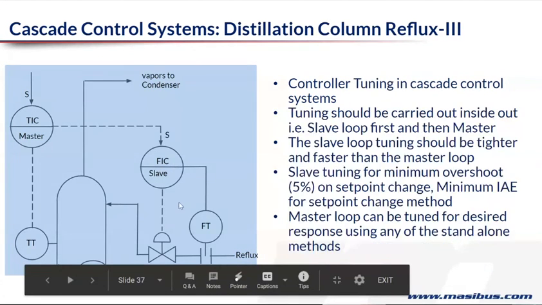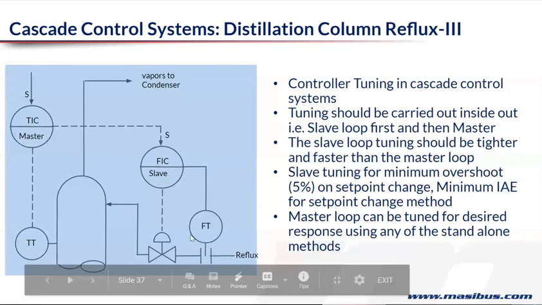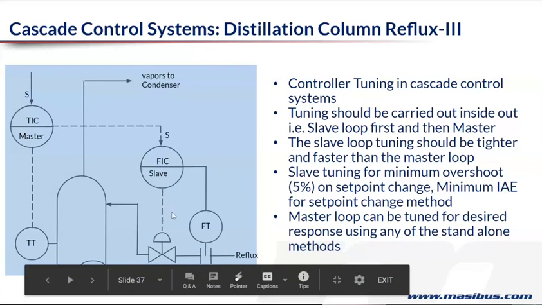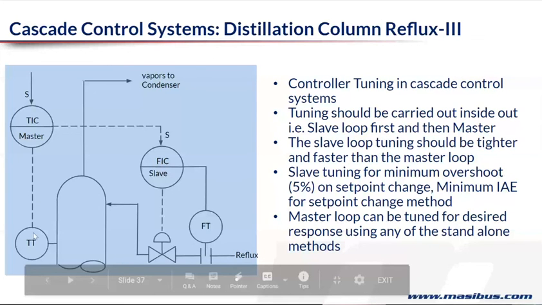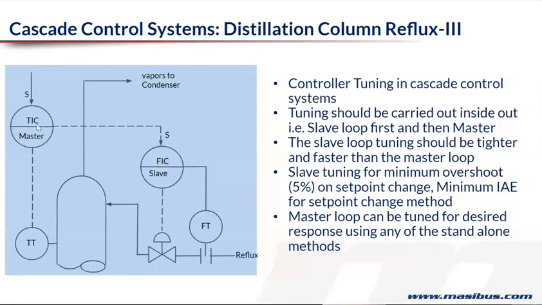So what do we do? We know that this flow has an impact on the dead time, or it has an impact on the temperature. So we will use another loop, which is a fast loop, to control this valve so that the flow remains constant. So the master controller will try to maintain the temperature at 0 error with respect to the set point. That error, with a bias, let's say right now the error is 0, the bias is 50%. So 50% is coming as an input to this slave controller.